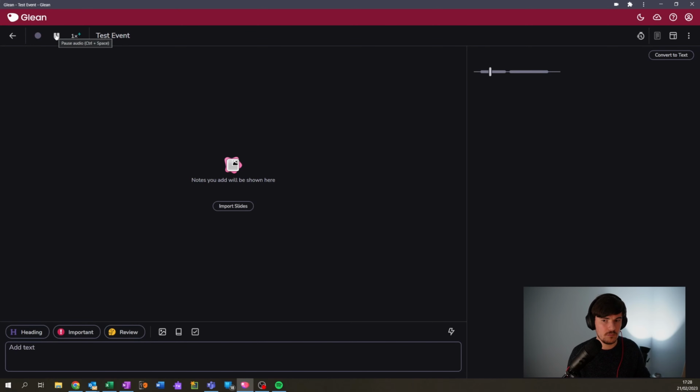This is a sample clip to show you what happens when you import audio into Glean. The audio will appear in your audio pane and will be placed below any audio you've already recorded within the